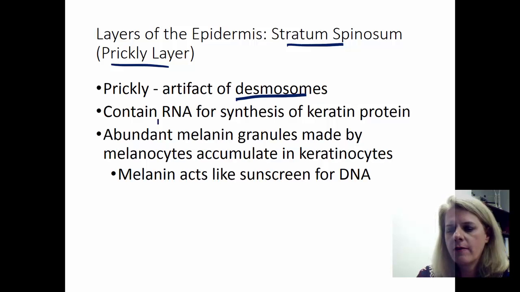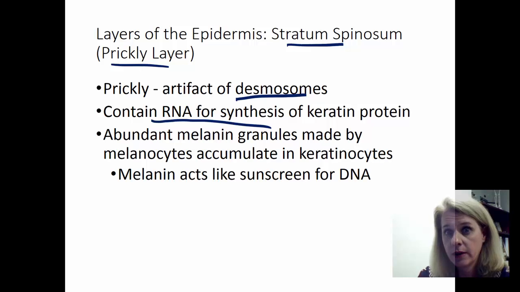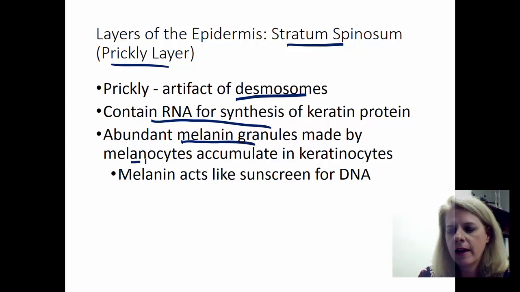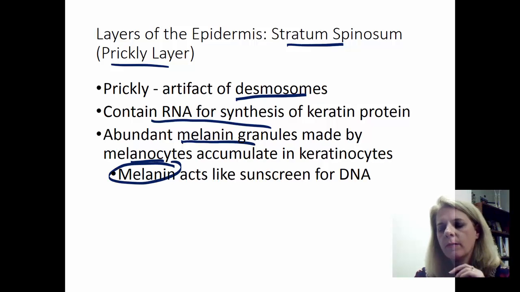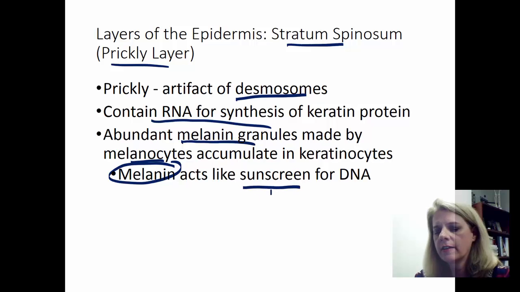And this is where you have the RNA that helps you synthesize keratin, which is a protein. So we talked about protein synthesis, and so this is where that occurs. Lots of melanin granules are being made here by the melanocytes. And melanin, again, that's what gives your skin its color, but actually its function is to act as a sunscreen